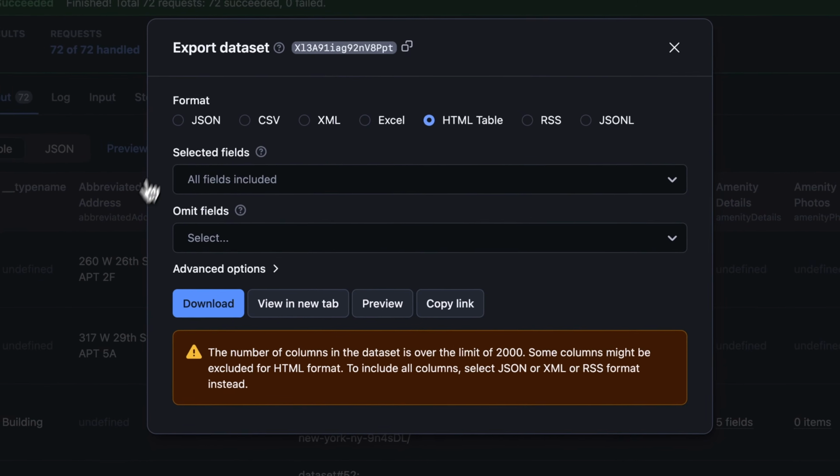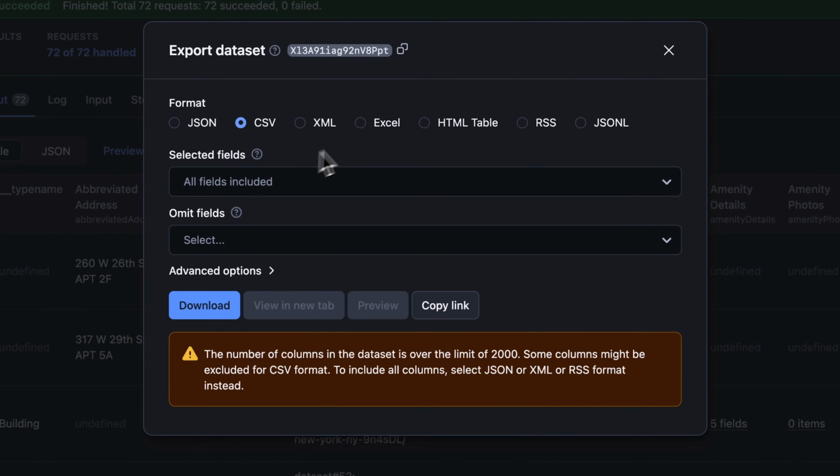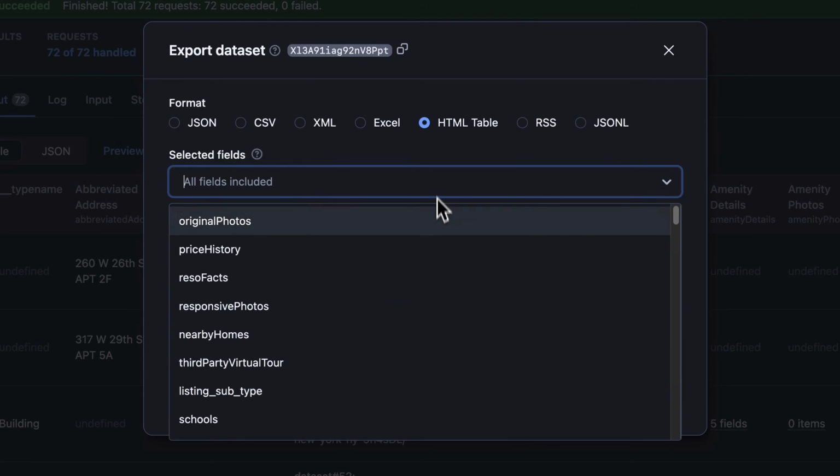Let's export them. You can choose your preferred format, such as JSON, CSV, or an HTML table, and decide which fields to include or exclude. Then just hit Download. If you want to automate your workflow even further, you can schedule your Zillow data exporter